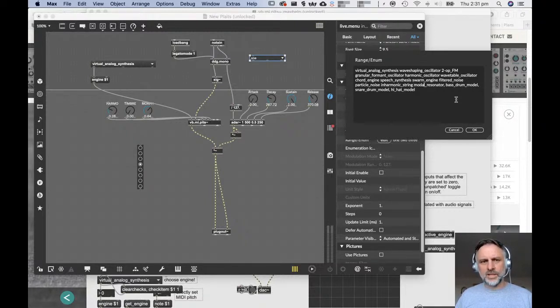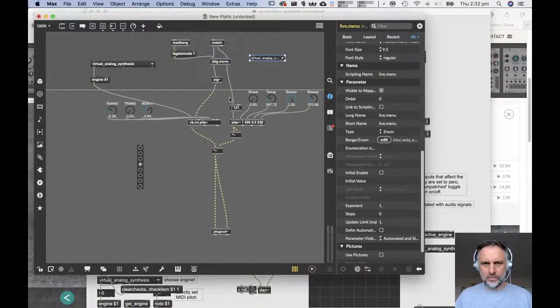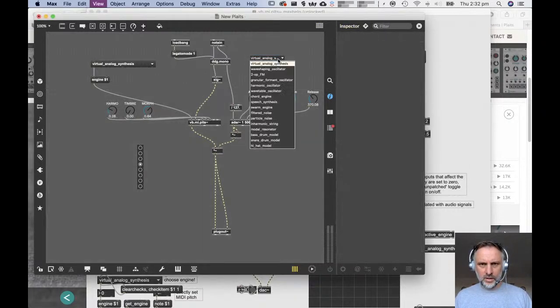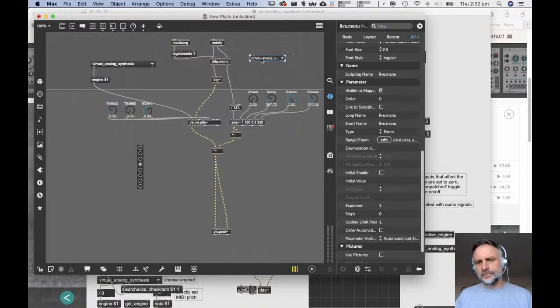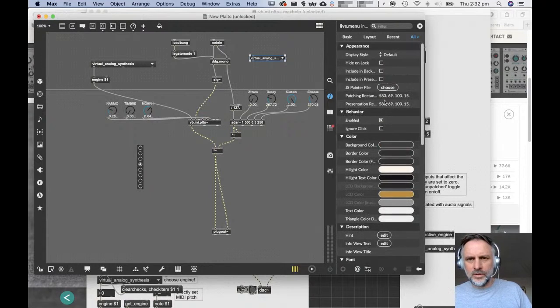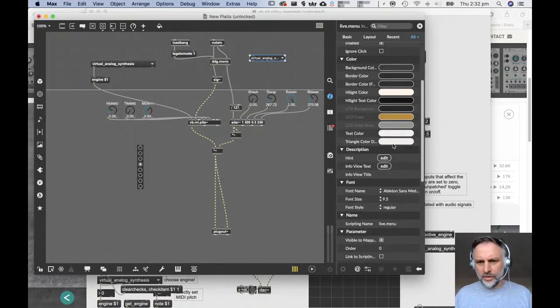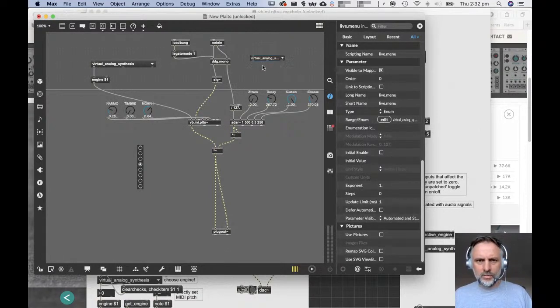Yeah, the difference in formatting between the two objects. So the usual umenu object, you separate each item with a comma. With the live.menu, you separate each item with a space. Now I've got a drop down here, which looks a little bit more Live-like. I can change the way that behaves. You can make it into a radio button thing somehow. But also we could use